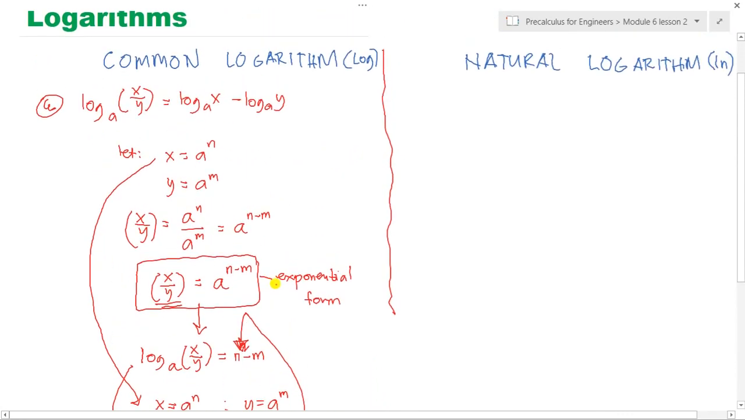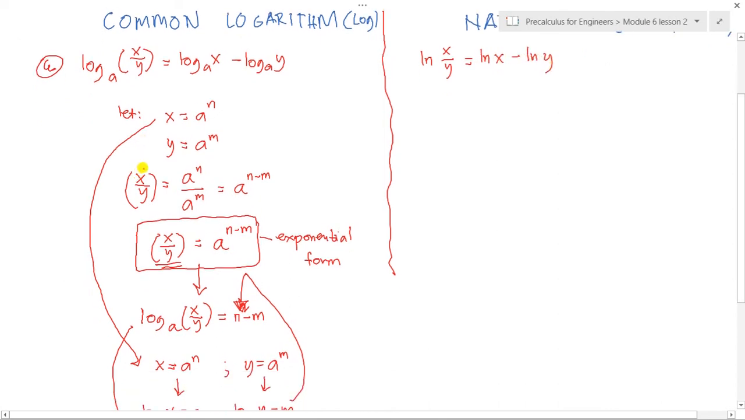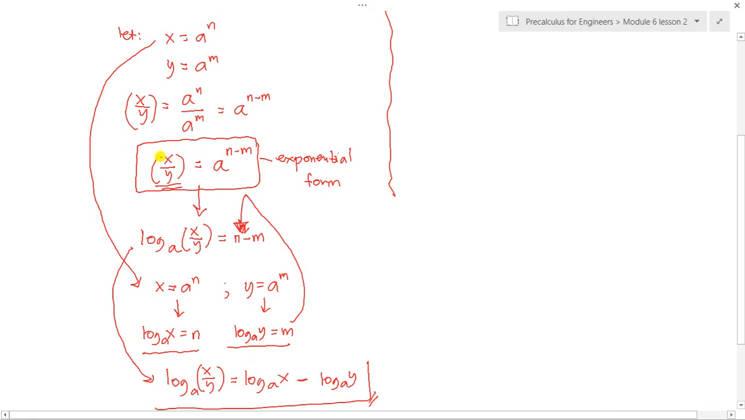Now, in terms of the natural logarithm, that is just the ln of x divided by y is just simply equal to ln of x minus the ln of y. So mao na siya ang division property. Now, proceed ta sa